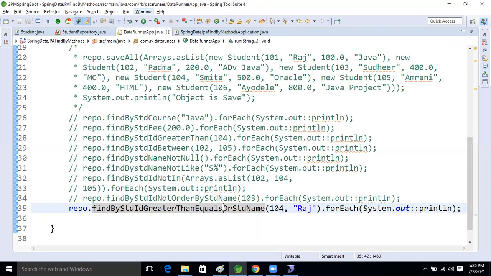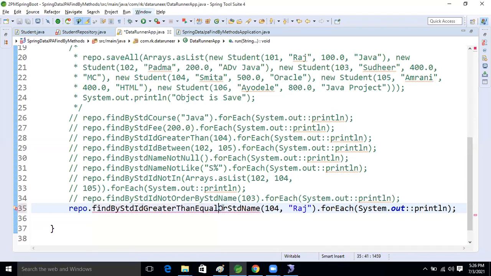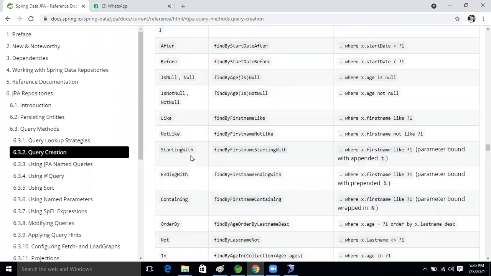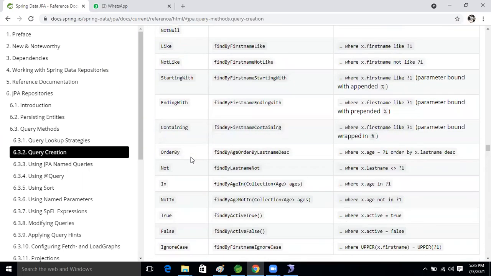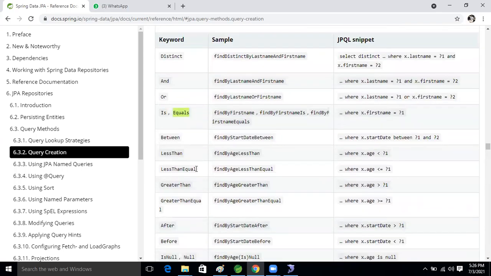Yes, but we put equals. Just equal. Because in the documentation, based on the documentation only we can. Any equal is not there, man.